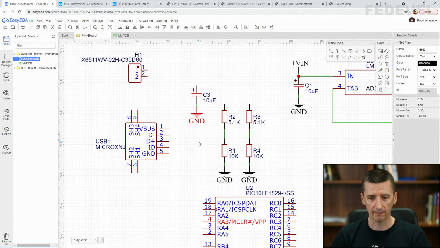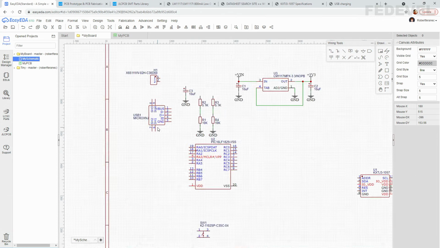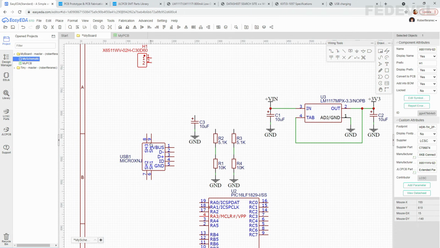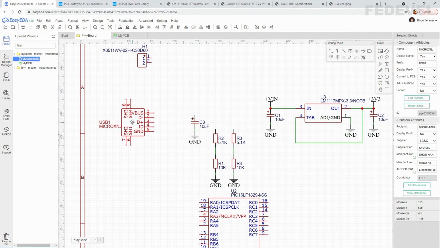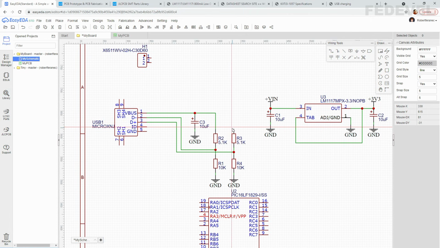and we would like to connect everything together. Zoom in, move this, maybe like this, connect D minus, connect D plus, connect the capacitor, one resistor, and also this resistor, escape.